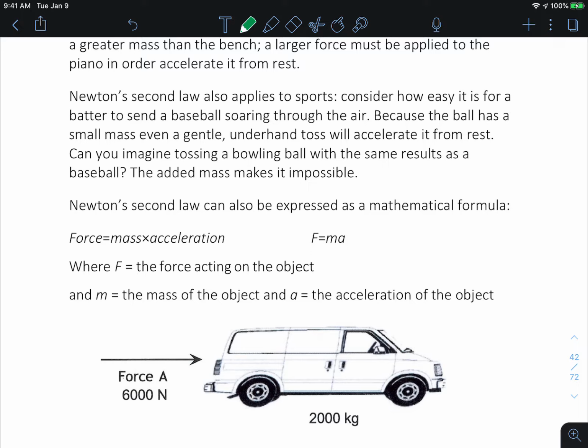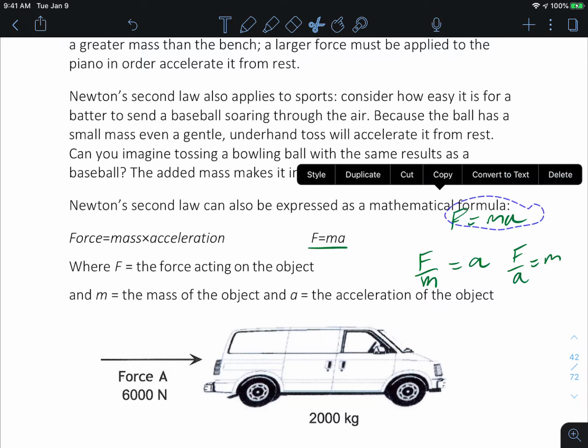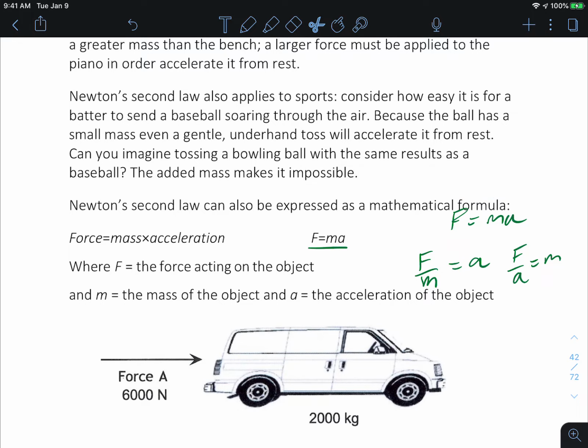So force equals mass times acceleration, or F equals ma. And one thing to consider is that if F equals ma, then we could also write F divided by mass is equal to acceleration, or that the force divided by acceleration is equal to mass. So these are the three permutations of this equation, which can be useful when you're trying to solve different things. Some teachers and some students find that it's helpful to use what is known as a